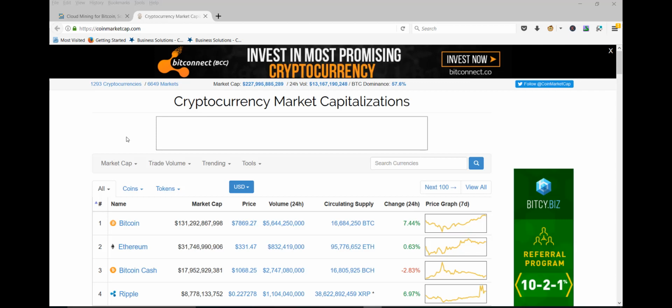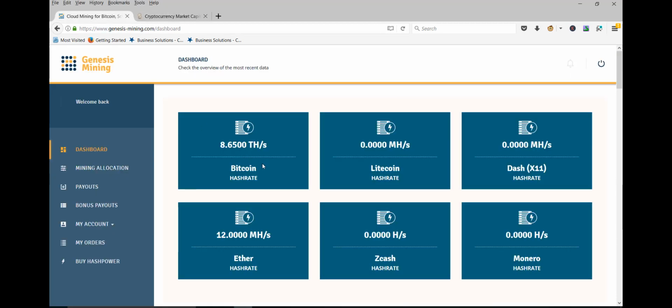So today I'm going to talk about my Genesis Mining passive Bitcoin strategy. This is how I make passive money with Genesis Mining. But I don't just take cash and deposit it into Genesis Mining and buy contracts. What I do, like right now, the part of this is